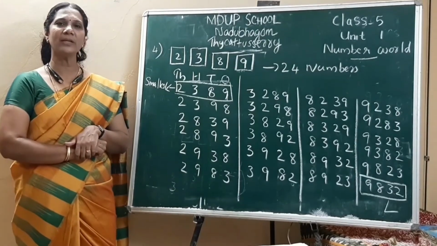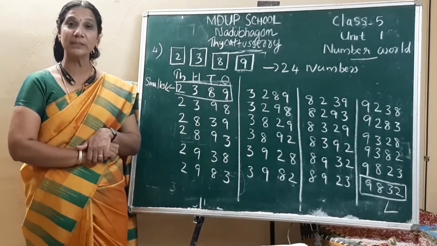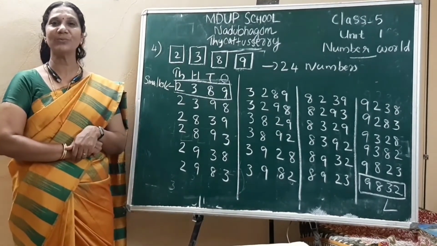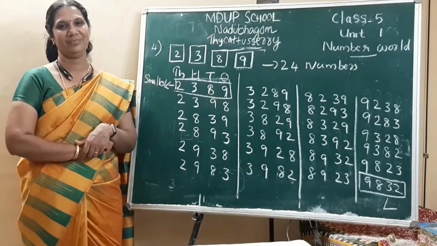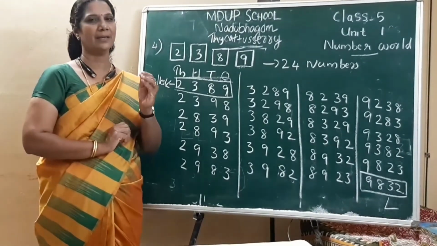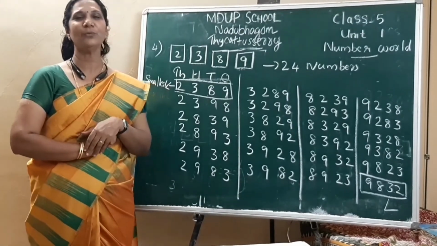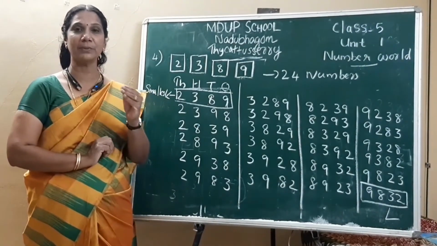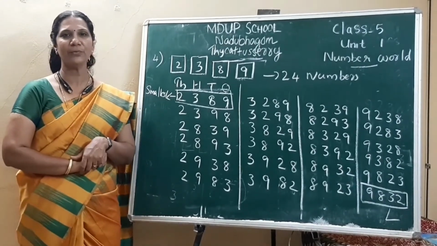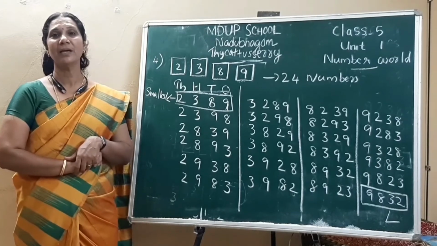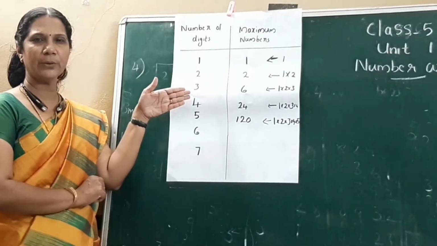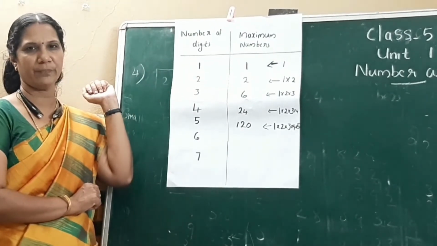And if you want to find 6-digit numbers using 6 digits, that is also possible. There also we would need more time to find the answer. So we will try to get a new method to find the numbers possible with the given digits. Okay, all of you, we will try to find the easy method. Consider this table, all of you. Write down this table in your notebook also.